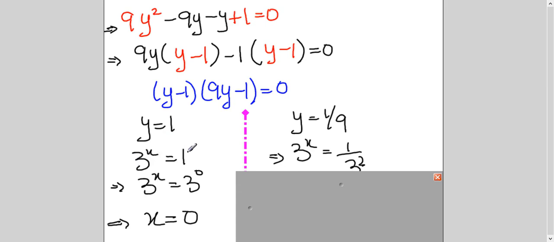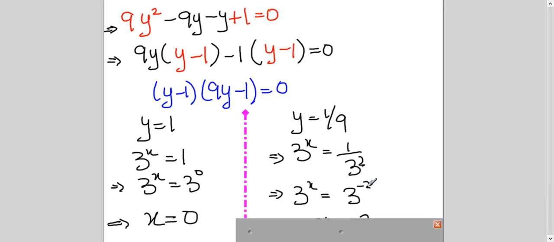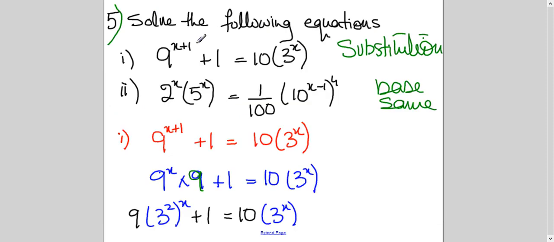So how will we solve it? In place of 1, I can write 3 power 0. I've just explained it to you. So base is same. I can equate the powers. Okay. Similarly here, 9 can be changed into 3 square. And then applying law of indices, if I take it up, it will become 3 power minus 2. Base is same. Power will be equated. And you will get x equals to minus 2. So this question is solved, which was about substitution, right? I showed you here 2 types. So substitution is done.